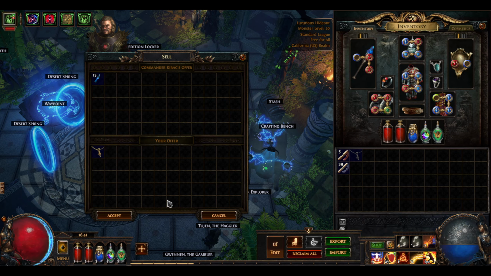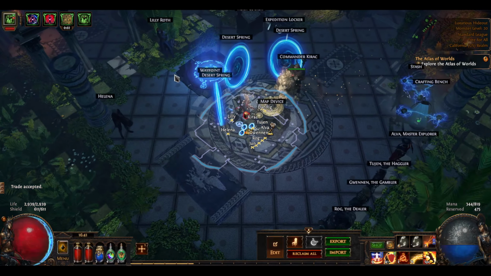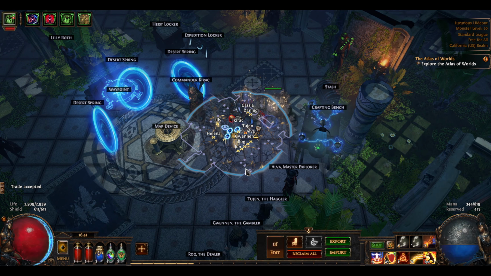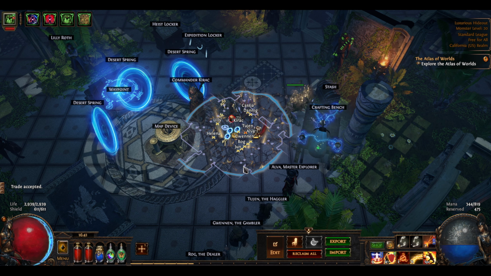So I think we're going to go ahead and call that an episode. These endgame ones are probably going to be relatively short, especially because I want to swap around from character to character just to keep the variety up a little bit. And there's only so many maps you can do before you know...